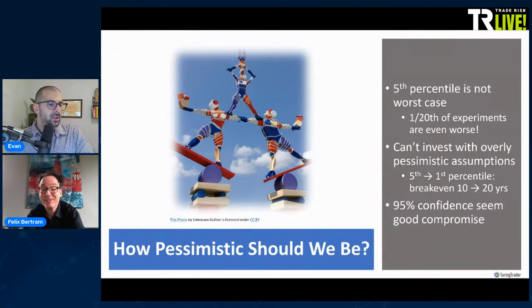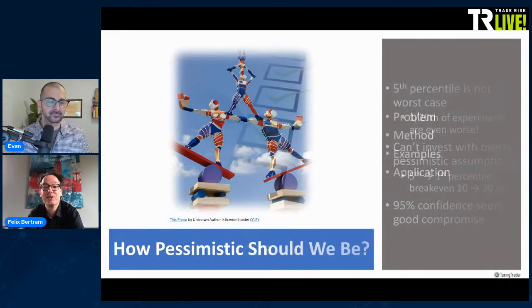You want to say something, Evan? No. I think you hit it on the head. I mean, if you go any more than that, you would almost never get your money in terms of risk assets, right? How will you ever pull the trigger when you say like, oh yeah, you might be positive after 20 years? Yep.